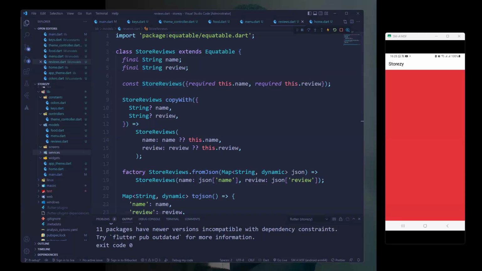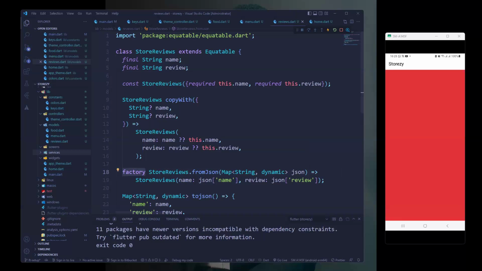The copyWith method basically allows us to create a new instance of StoreReview. We do not want to start connecting a backend. You understand? We're not doing any API call, but we want to be able to create a new instance of this with modified properties while still keeping other properties unchanged, right? So of course, this is very, very useful when you're doing immutable patterns. Now here,